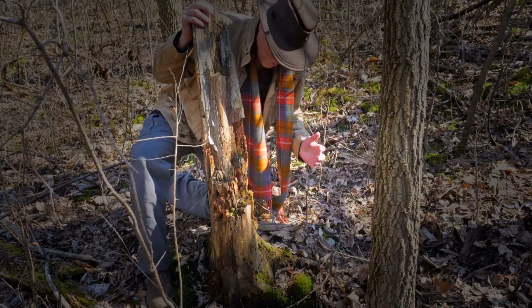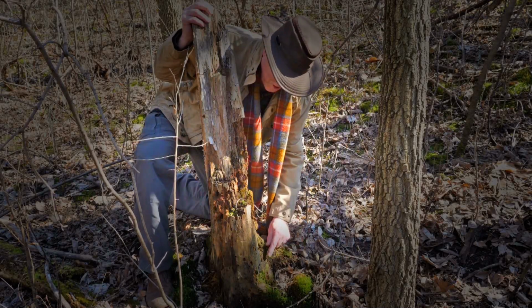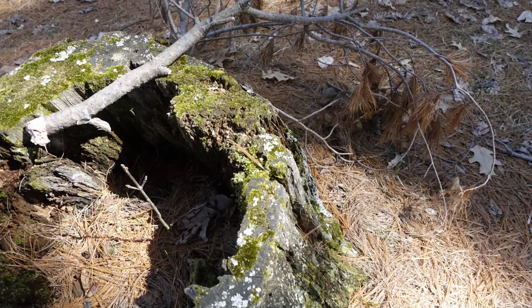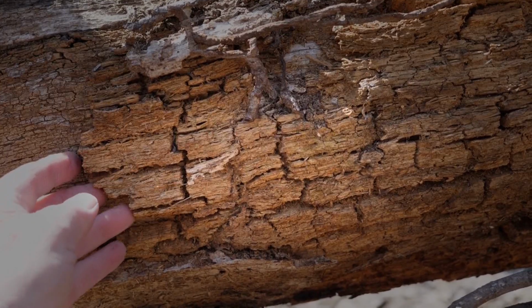This is a decomposer, which you should be able to find around your own house. But look closer. Look at the different types of moss. Some have little flowers on top, some grow flat against the tree. You might want to try drawing them in your nature journal. Mosses also help a tree to decompose by retaining moisture. Moisture causes the tree to rot,